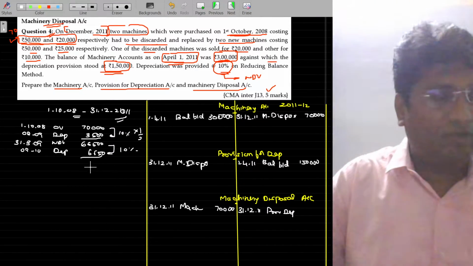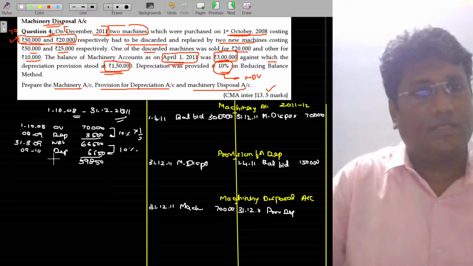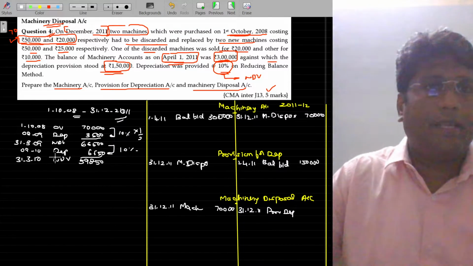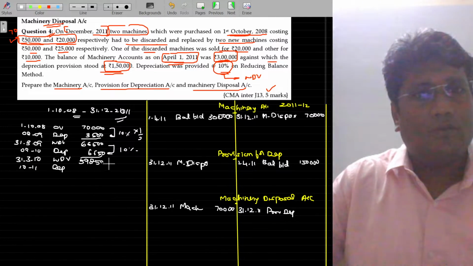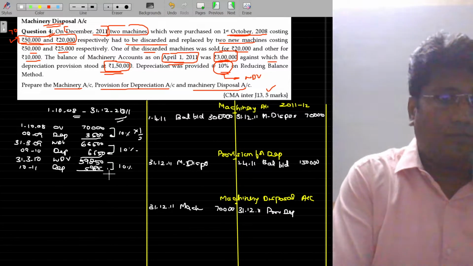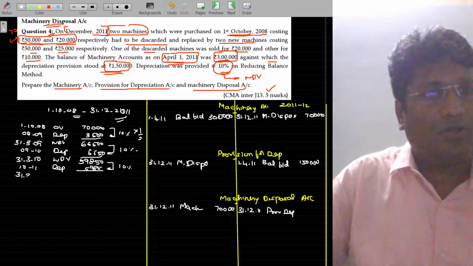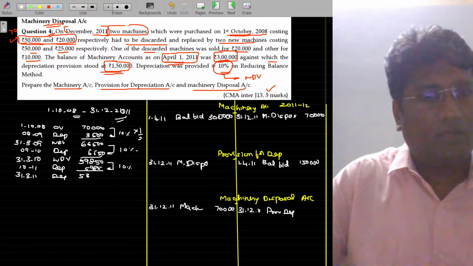Now, after subtracting, the value being 59,850, this is the WDV as on which date? 31/3/2010. Again, one more year, year 10 and 11, depreciation. For this, 10% will be 5,985. Okay. After subtracting, the WDV on 31/3/2011 is 53,865,